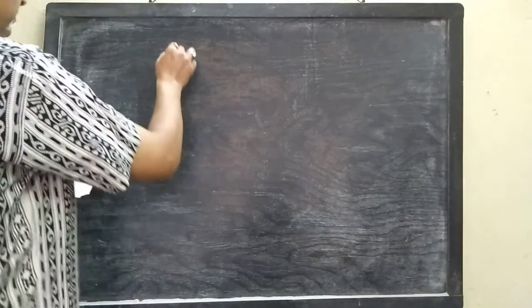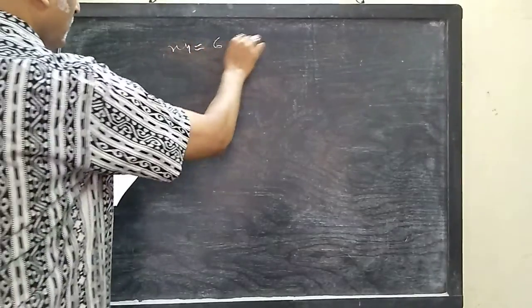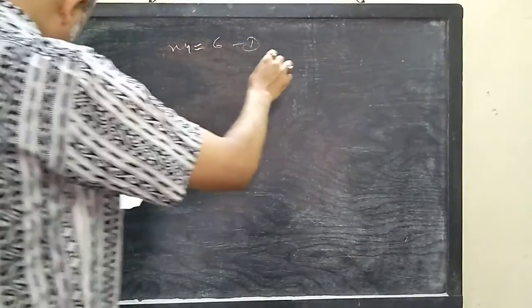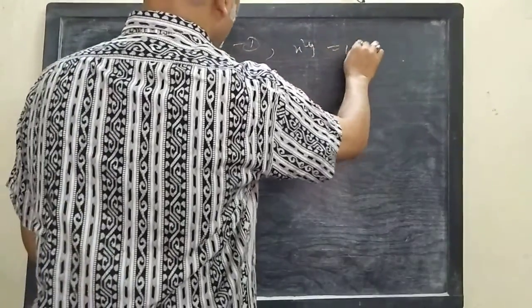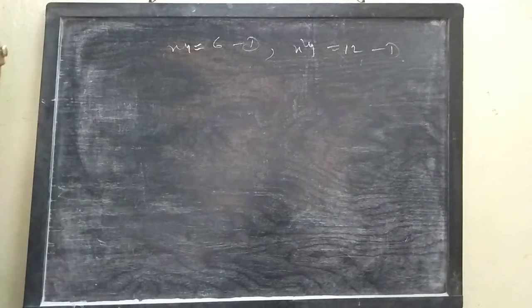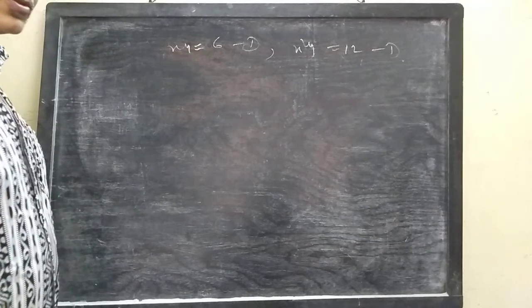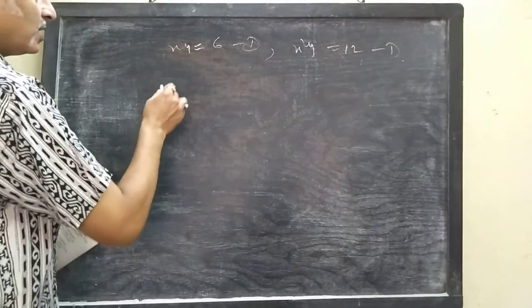Find the angle of intersection of the following curves. One curve is xy equals 6, number 1, and another curve is x square y equals 12. You are asked to find the angle of intersection between these two curves. So our first duty is to solve them. To solve them means to find the point of intersection of the curves. So solving 1 and 2,